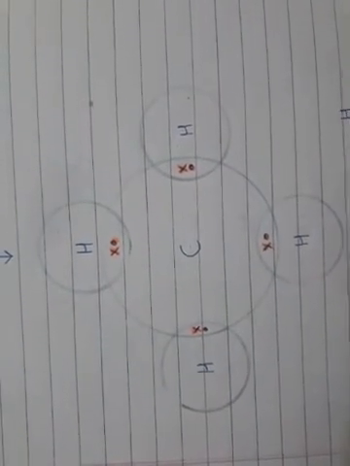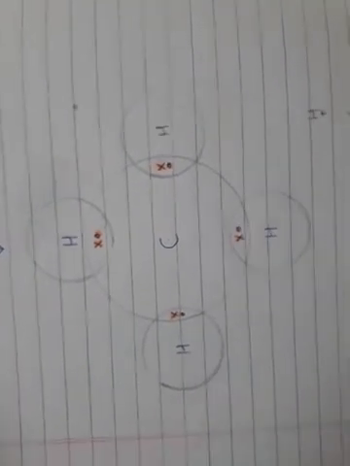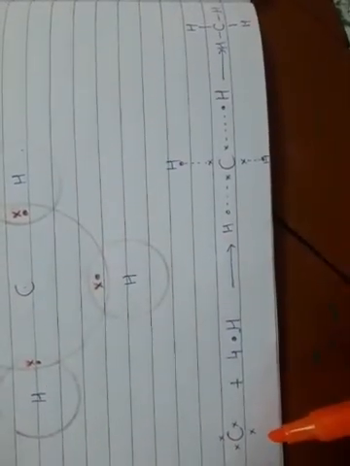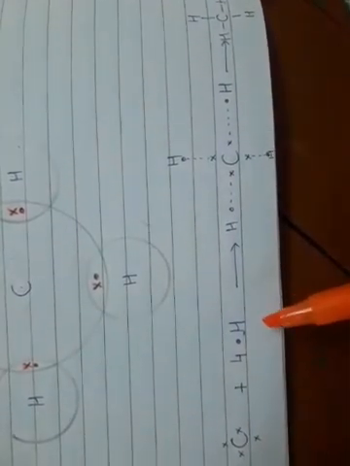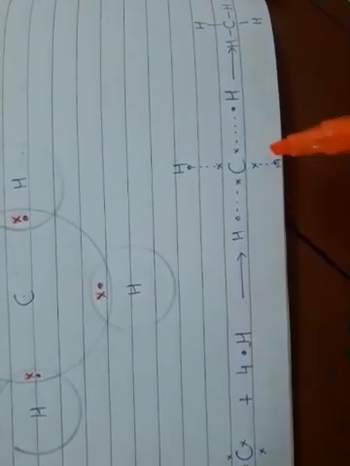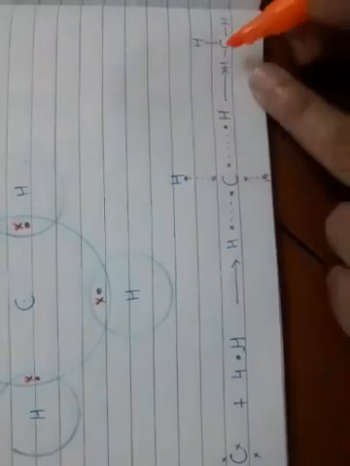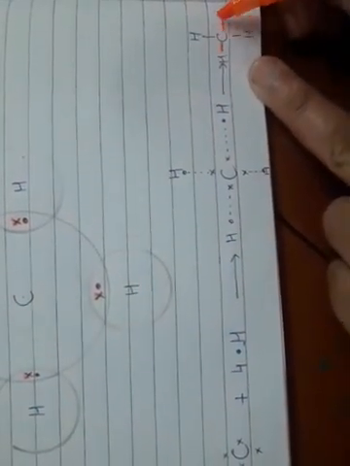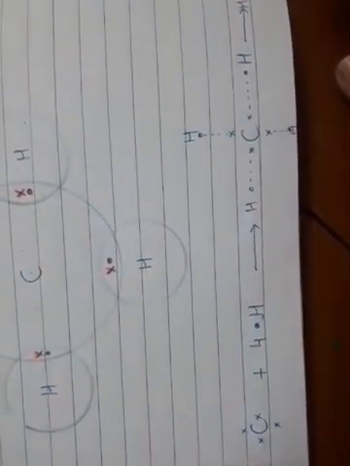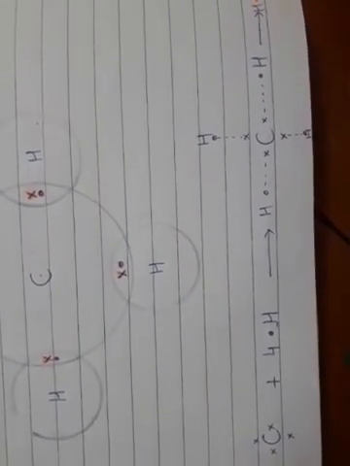Remember to use the rounders. Always do your work neatly, children. Have a look at its dot cross structure. Carbon showing 4 valence electrons, 4 atoms of hydrogen with 1 electron each, such that 4 pairs of electrons are being shared, leading to 4 single covalent bonds. With this, we come to the end of chapter 4.